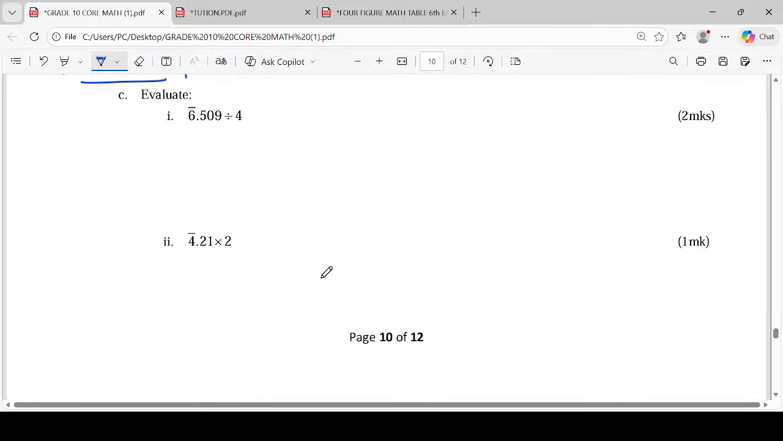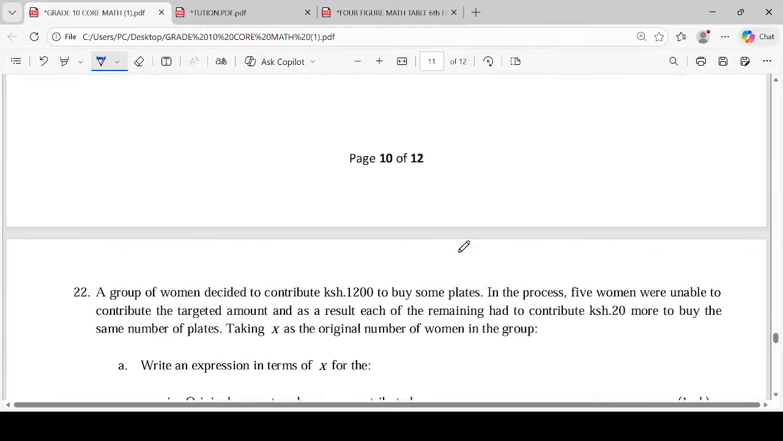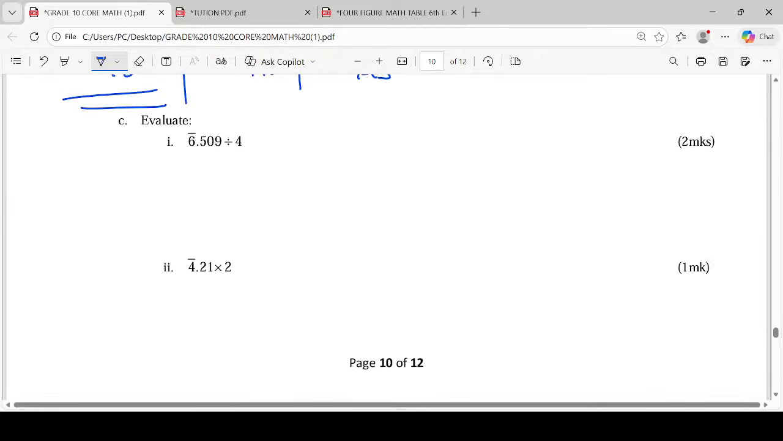The paper was quite involving. Remember, it's a grade 10 question paper, but testing questions even up to Form 3 level. This is CBC Mathematics. I want to look at question number C. Evaluate bar